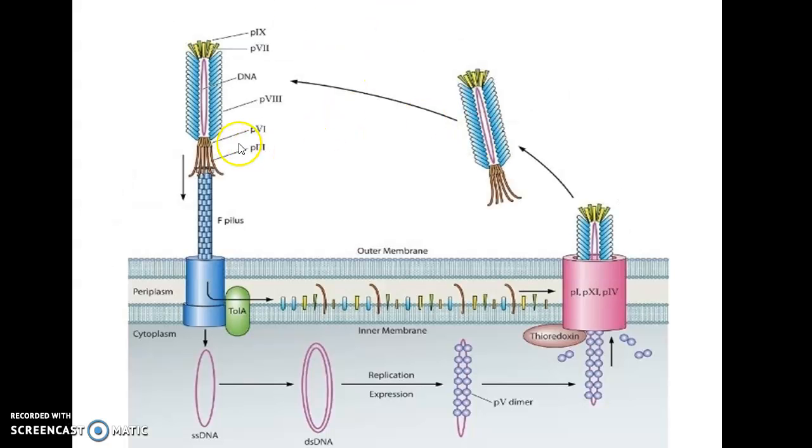Another type of vector used is the bacteriophage. This is the M13 bacteriophage. Generally it has single stranded DNA, but when it infects the bacteria and enters the bacterial cytoplasm, the genetic material becomes double stranded. We isolate this double stranded DNA, then with the help of a restriction enzyme we cut it at a specific site, incorporate the desired gene, make this viral DNA recombinant and introduce it into the bacteria. So in this manner, M13's DNA is also used as a vector to transfer the desired gene into the bacteria.